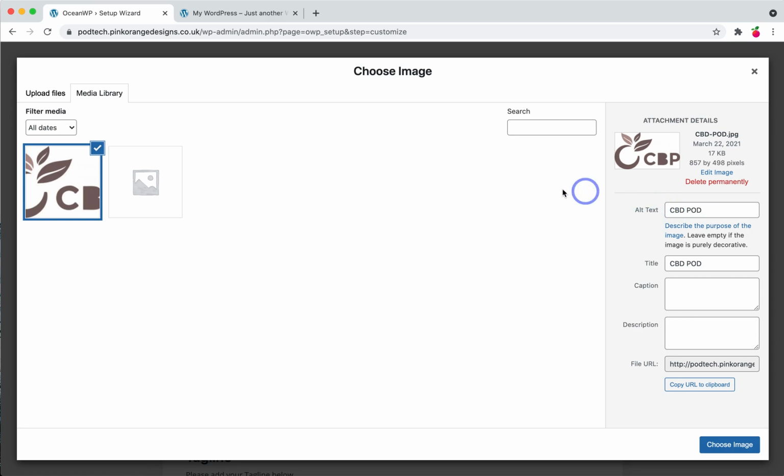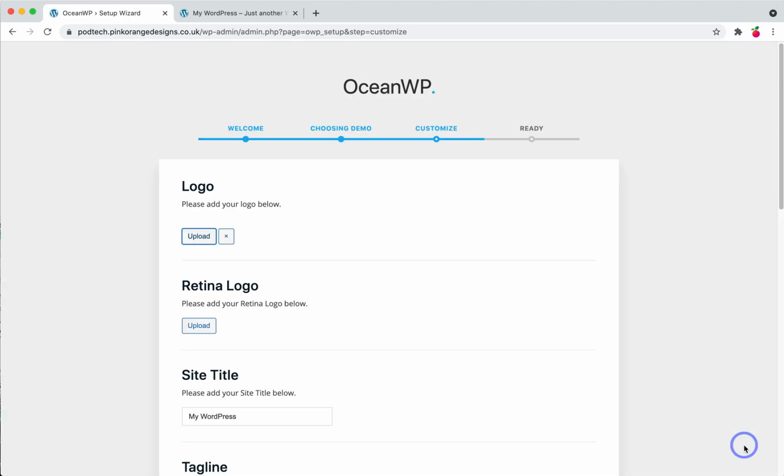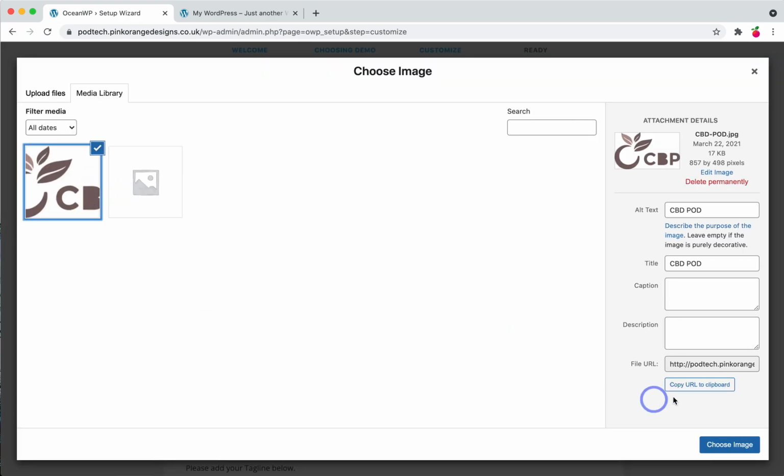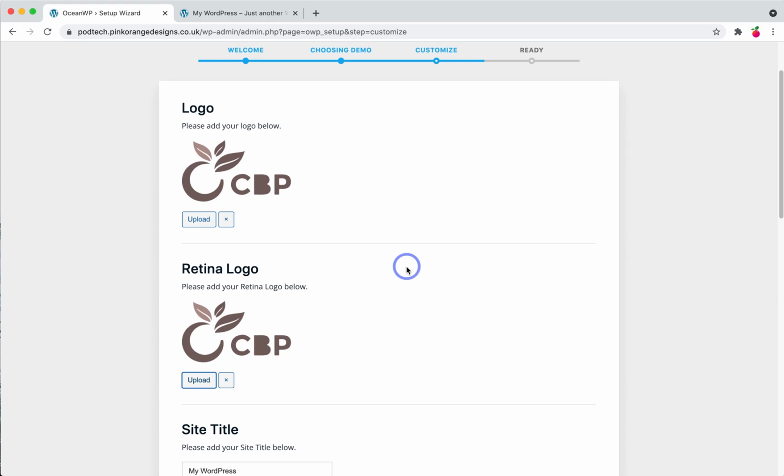So if we set our website's name to CBD Pod as the business name, and Google also sees that this image is titled the same as the business name, it will associate the two. So you add your logo here. Retina logos are for larger screens, such as your computer, laptop, that kind of thing. This image is quite small in size but very detailed, so we can upload it to both. That's the advantage of using that